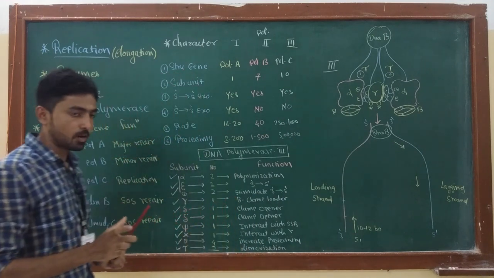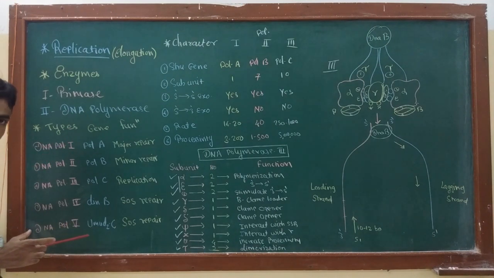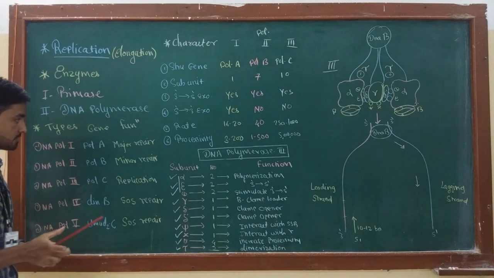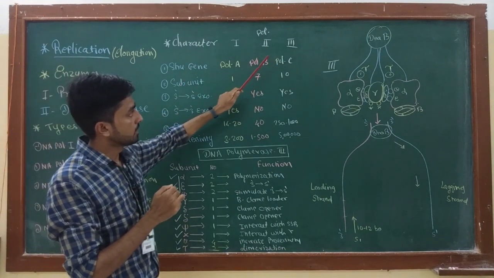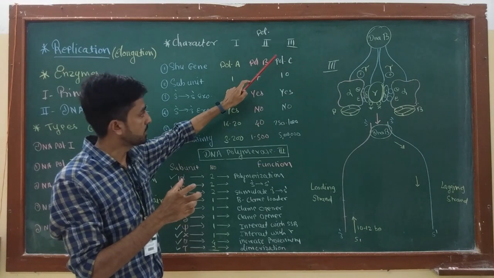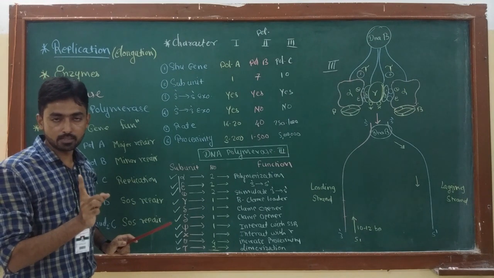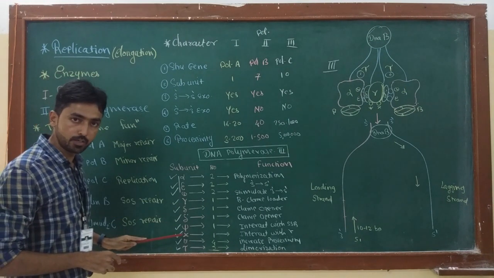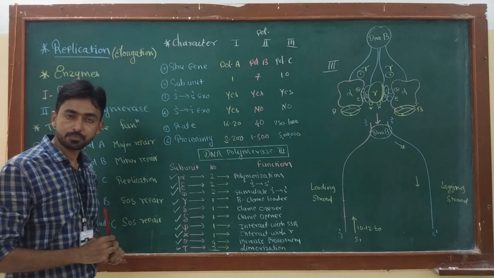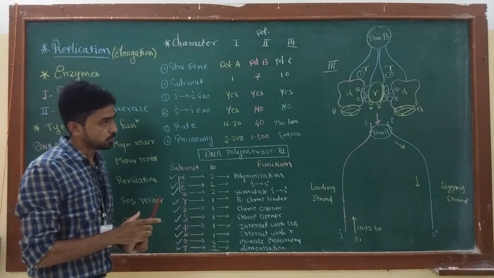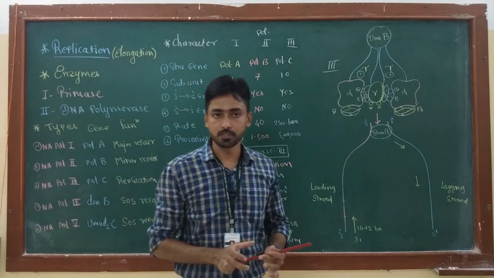So till now we have discussed primase enzyme and DNA polymerase. There are 5 different types of DNA polymerase present in the prokaryotic cell, out of which 3 polymerases are important. They are well characterized, and as DNA polymerase 3 is the major enzyme of replication, we have discussed the structure of DNA polymerase in detail. DNA polymerase in the prokaryotic cell has 10 different types of subunit. We have seen the total number of subunits and their functions. Now we are going to start the elongation part of the DNA replication process.